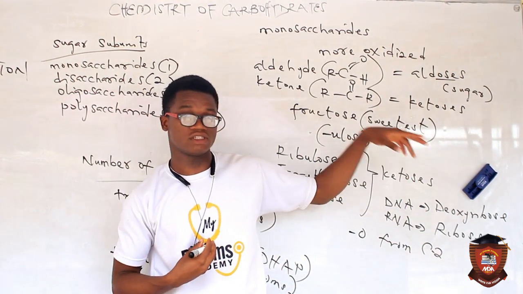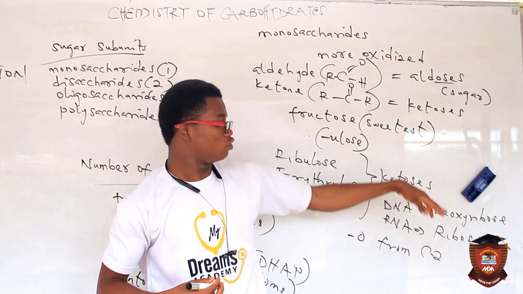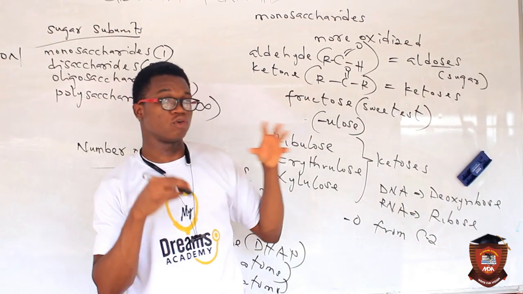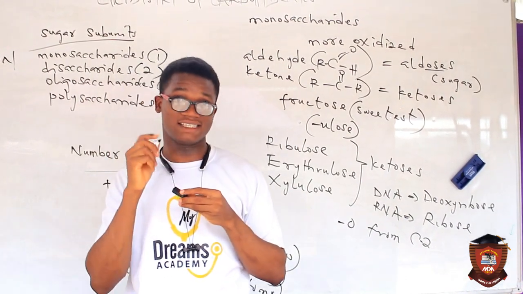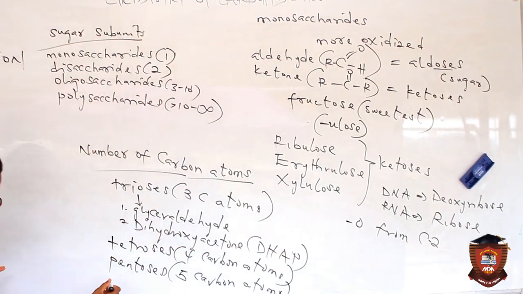So deoxyribose is not found in nature. What is found in isolation is ribose. So deoxyribose is a derivative of ribose in an already formed molecule of nucleic acid. Is that clear? Now we have our hexoses,